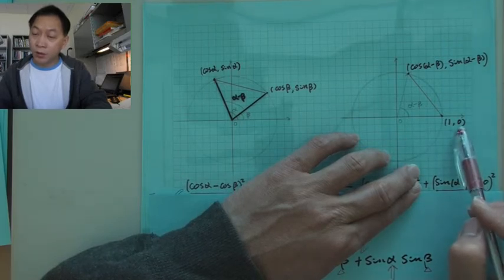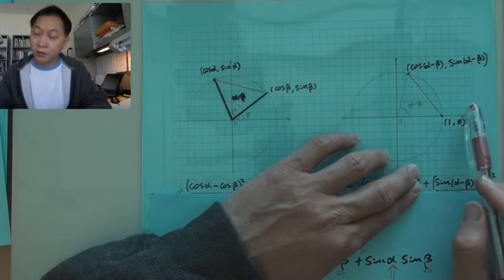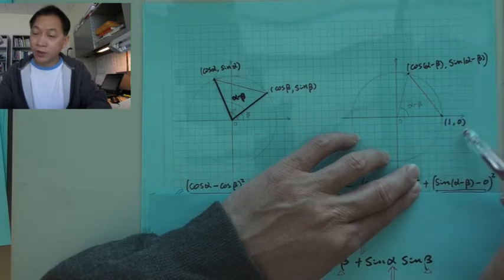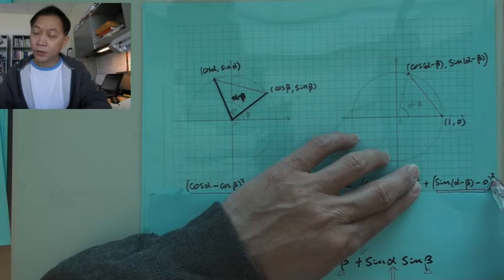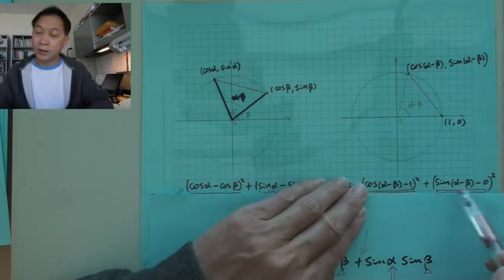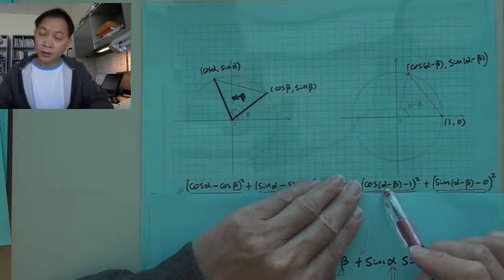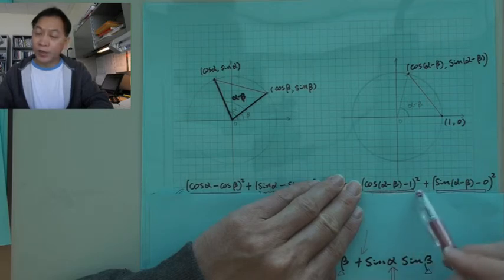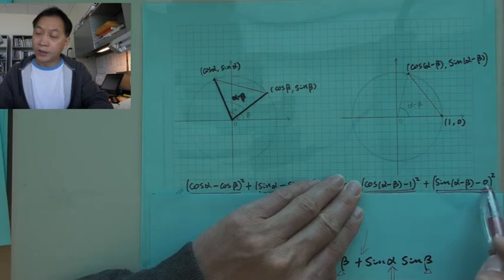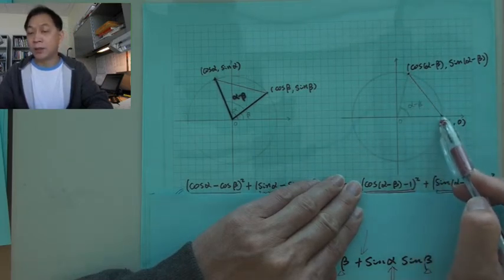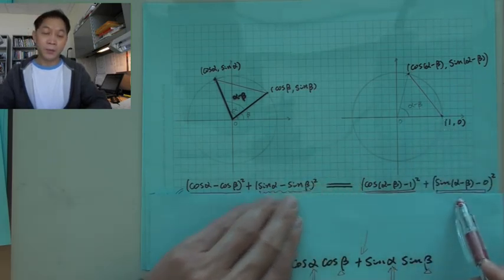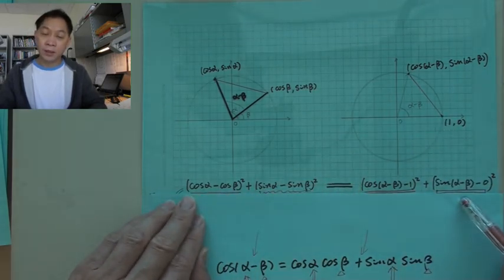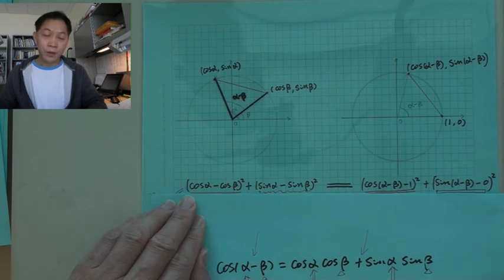This one is 0, that's the y coordinate. So the difference of y coordinates squared. You add together the difference of x coordinates squared plus the difference of y coordinates squared, and you get the distance squared of this red one. And then they are equal. They are equal. Now,